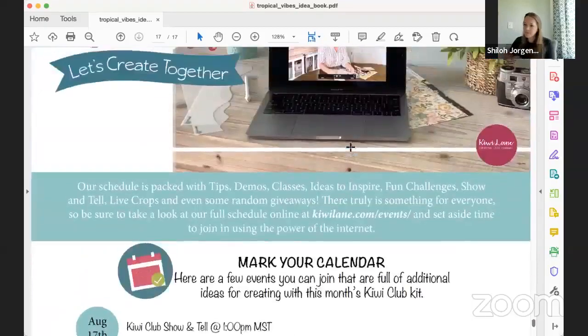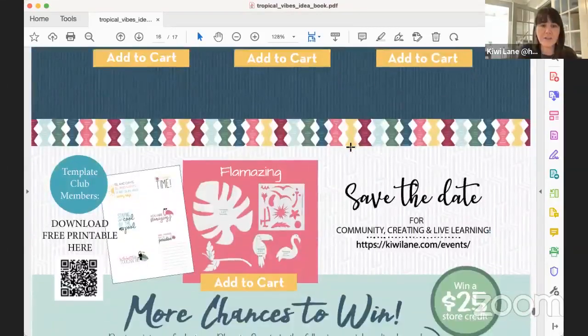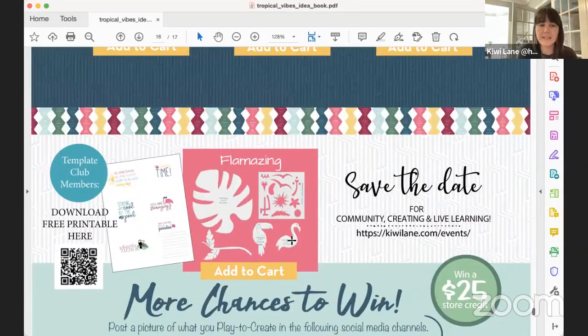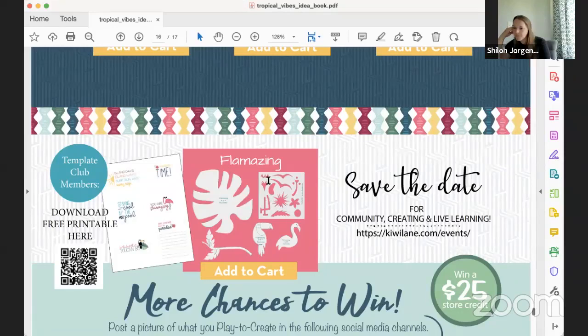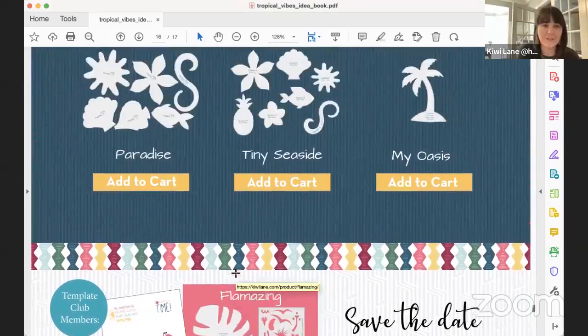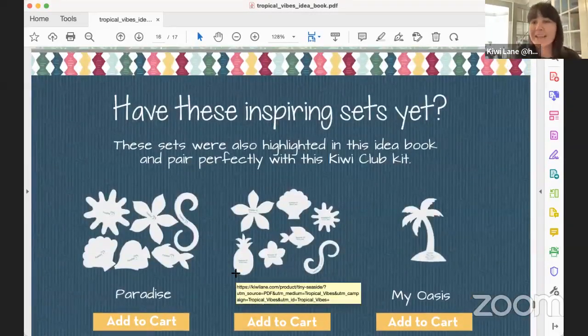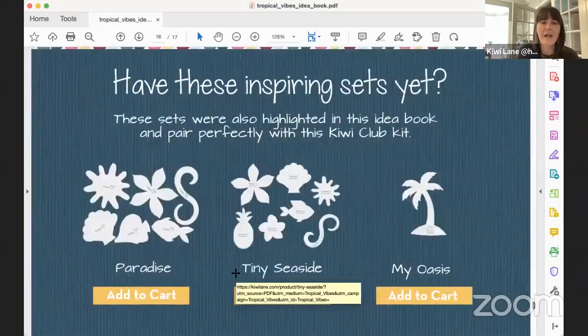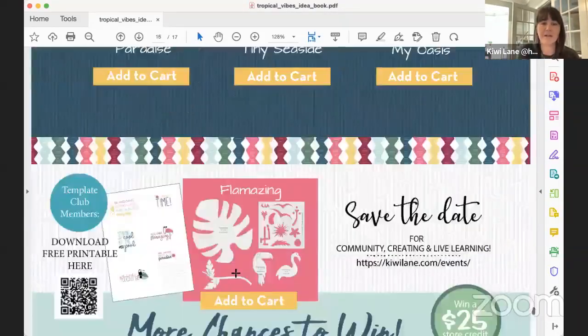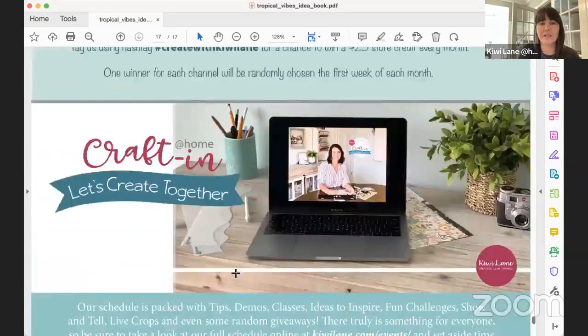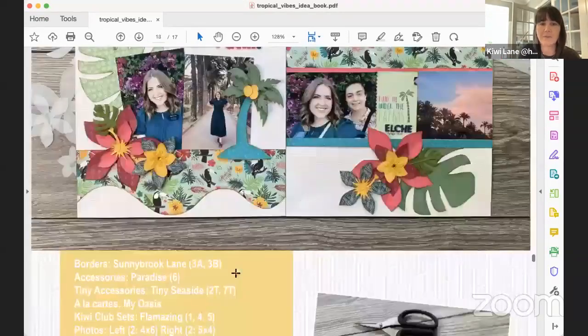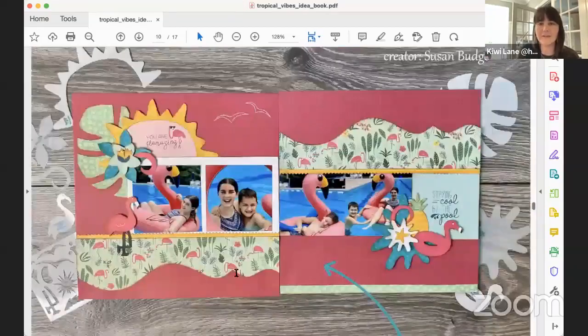So this kit specifically, for those that are not familiar, includes these designer templates here at the bottom. I took the leaf branch, and instead of cutting another full branch, I just cut additional leaves, just the portion of the leaf. These are things that we'll highlight throughout our showing and telling of our own ideas. And the paper is also really cute in this kit, which all of our samples are created with.